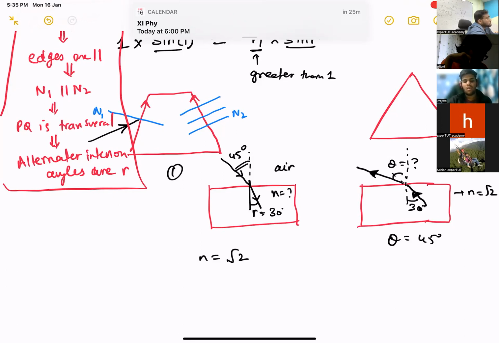If you send light across a medium from medium 1 to medium 2, it will be the same as sending the light from medium 2 to medium 1. The same path. So if it goes from I to R, medium 1 I, medium 2 R, then if it goes from medium 2 at R, it will emerge out in medium 1 as I. Okay. Therefore,